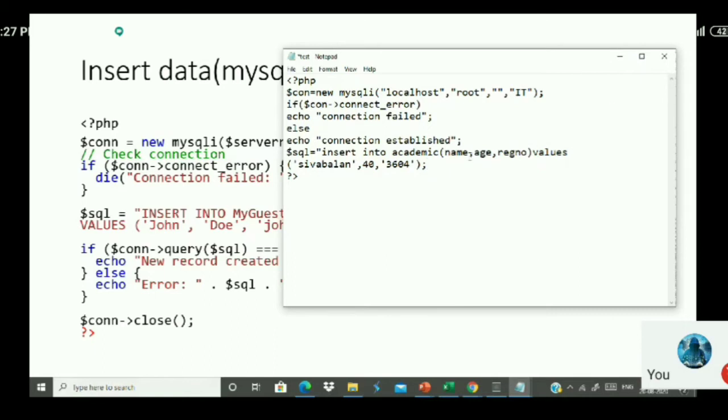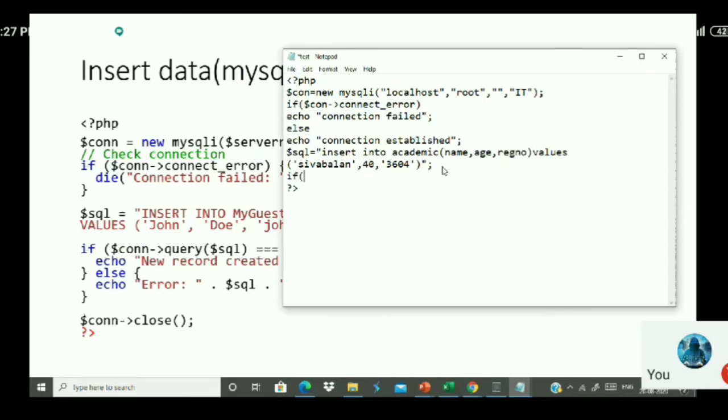The first data is called varchar, and the third data is also called varchar, but the middle data is actually an integer here. So an integer should not be flanked by single quotes. I just write the number as it is. Now I close this one. So this is a query. The query starts over here, the query ends over here, and finally you have to terminate with the help of a semicolon here.